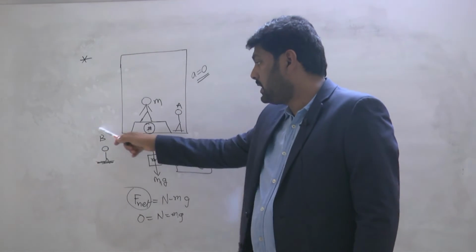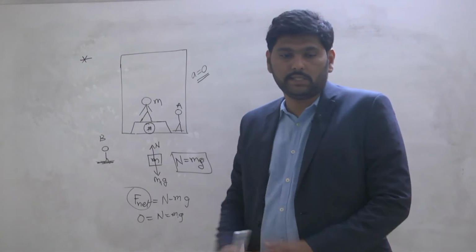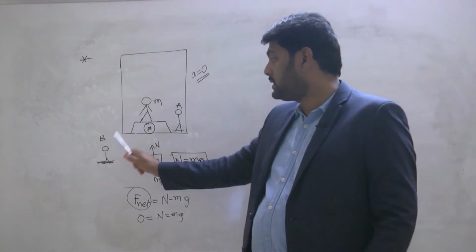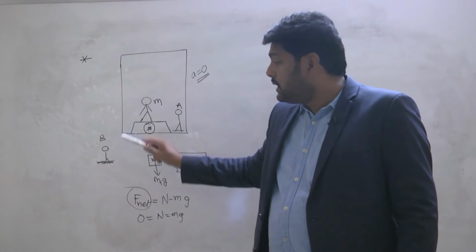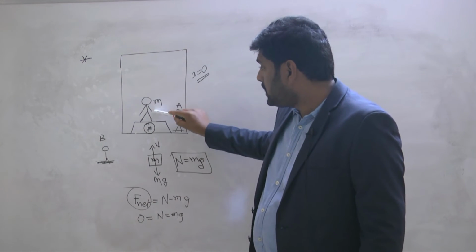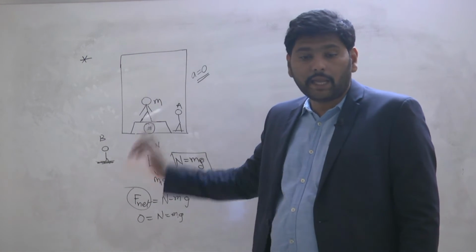Look here, the person B. What is the acceleration of person B? The person B acceleration is 0. He is on the earth surface. So what is the acceleration of person B? 0. Which means that we are studying the motion of this man with respect to this person B, which is indicating that